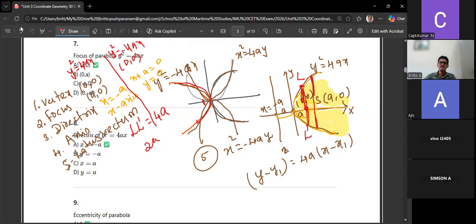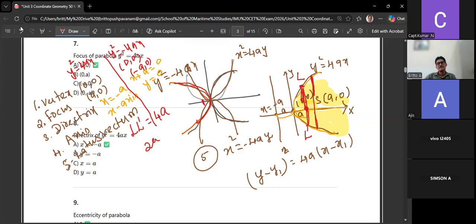Whatever this point is, it is on the left side of the y-axis, so it is (-a, 0). (a, 0) is the focus of the parabola y squared equals plus 4ax. But (-a, 0) is the focus for the parabola y squared equals minus 4ax. Then